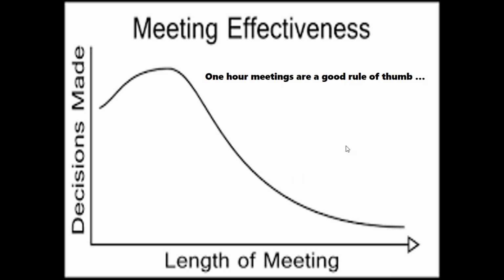I would suggest a good rule of thumb for meetings is to have hour-long meetings. Quite frankly, if you can't get everything done in an hour, it's a problem. So I think an hour is a good chunk of time, and you should be able to cram as many things as you can into that hour. And as I said before, there needs to be a balance between reporting and discussion. So think about the energy levels in a meeting and think about how you might be able to utilize the high energy levels early in the meeting to be making key decisions.